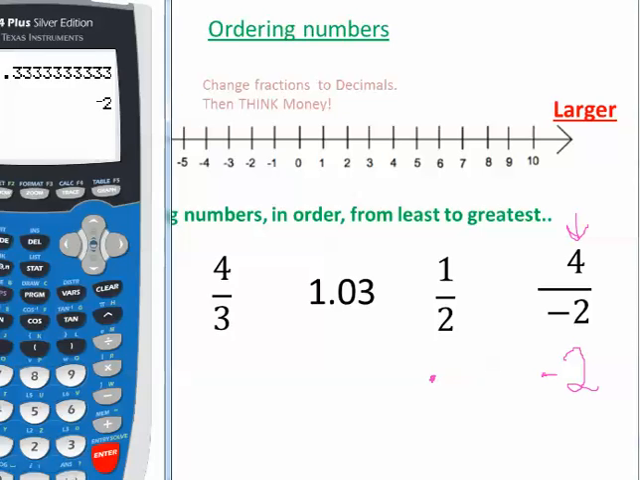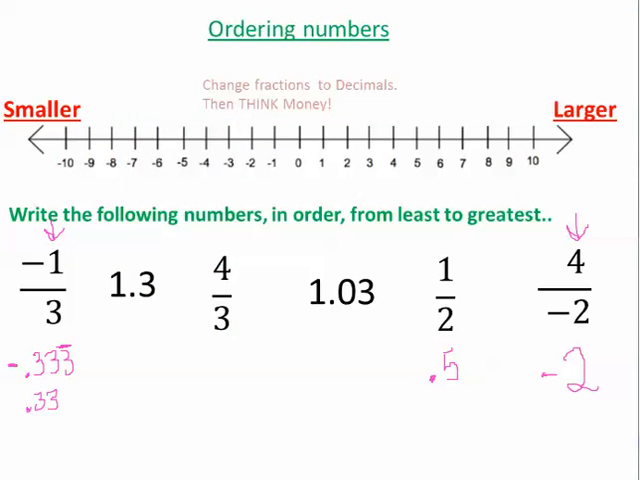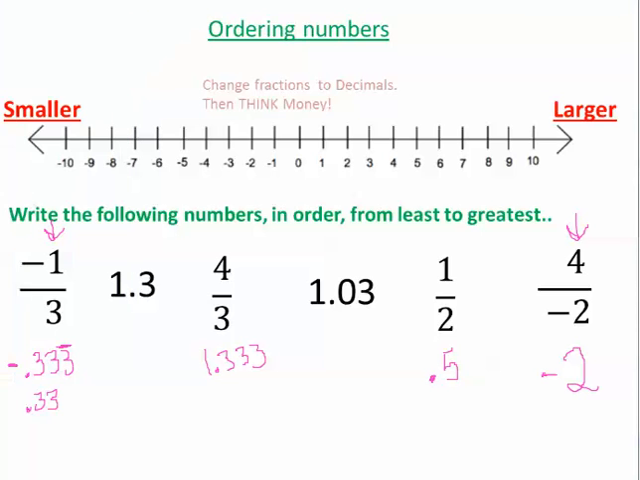1/2, you can do it on the calculator, but we happen to know that 1/2 is 0.5, right? And 4/3, that's the same as 1 1/3, which is the same as 1.333 repeating, remember, we learned the 1/3 over here. So it's about $1.33, but it's a little bit more than $1.33. Okay, now that we have decimals, we can start thinking about money and start thinking about ordering them from least